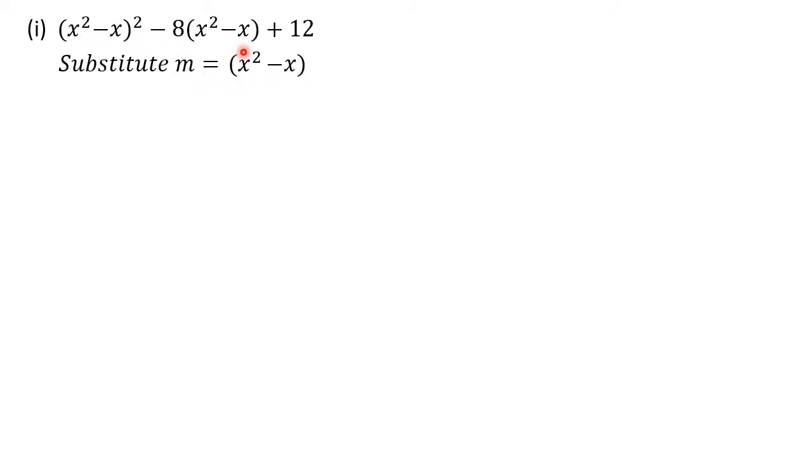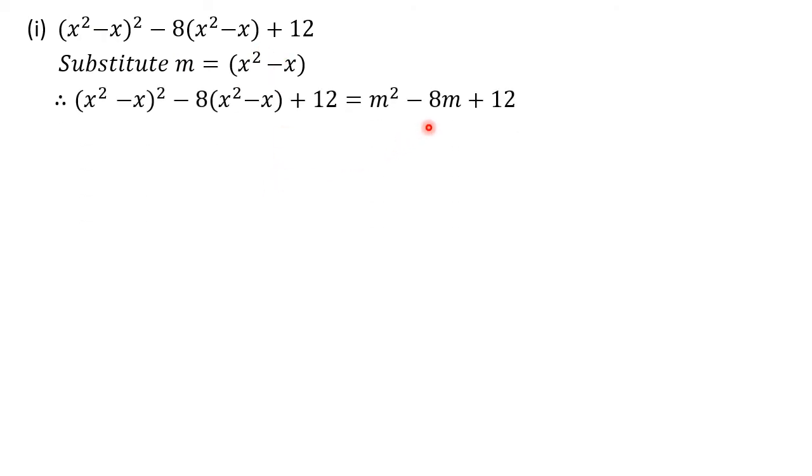So now this polynomial, I can write it like this. See, in place of these two, I am writing m. So I have m square here. Then minus 8 as it is. And here in place of this, I am writing m. So I got minus 8m and plus 12 as it is. Okay, so after substituting these two terms as m, we got an easy quadratic polynomial, which we can factorize by splitting the middle term as we have done in the first question. Okay, so now let us factorize this quadratic polynomial.